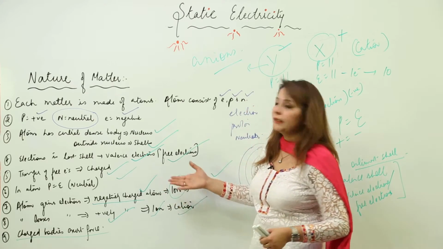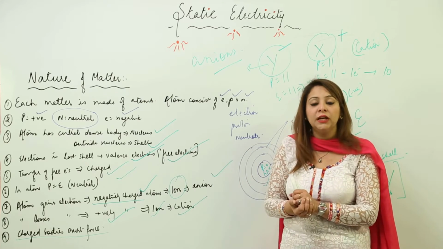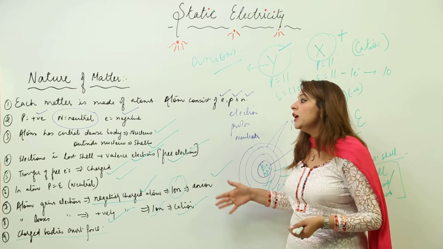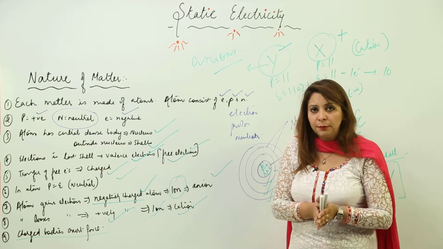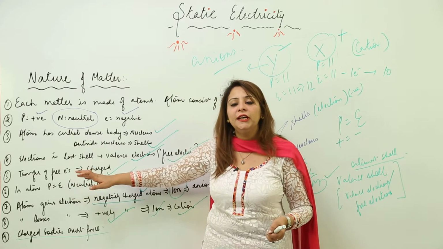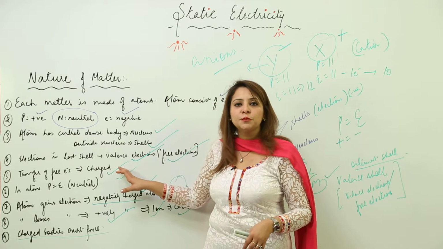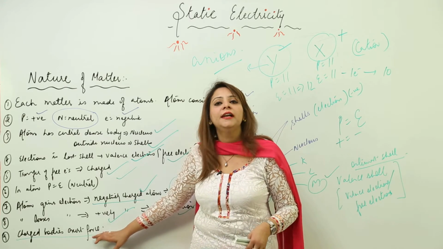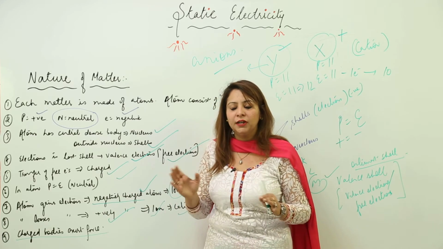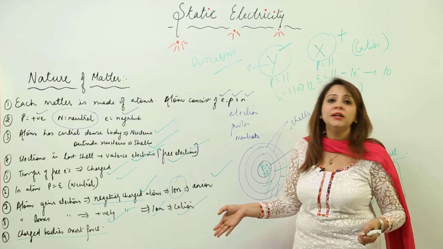So this is the nature of matter, because now we are going to study a few facts about the modern electronic theory, which is the cause of electricity. We should know that only that body can be made charged which possesses free electrons, because the transfer of free electrons is responsible for making the body charged. Whenever charged bodies are there, there is always an electrostatic force, and its nature depends upon the charges. So this is all about the nature of matter.